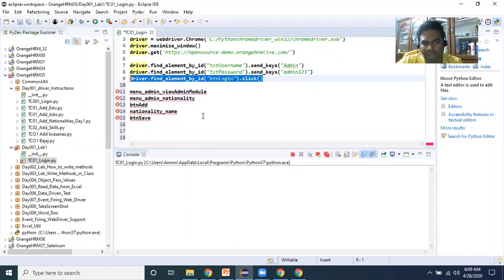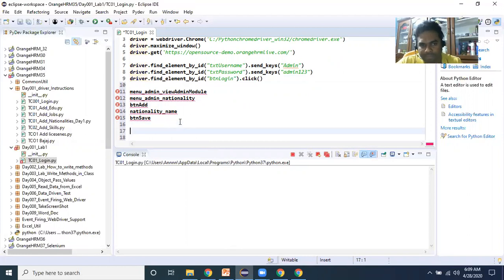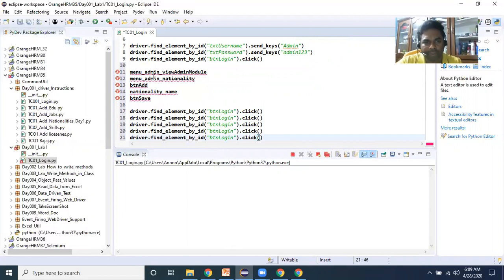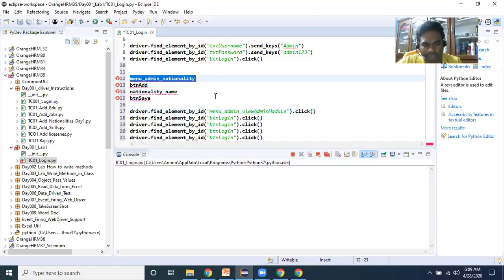I'm taking one line of code for reference. 1, 2, 3, 4, and 5. First, I want to click on admin, Control X and Control V. And after that I want to click on nationality. I have pasted it.